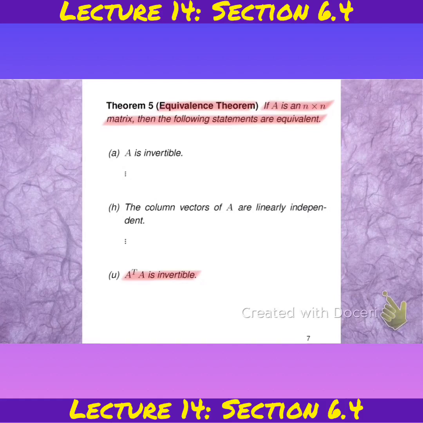And if that's the case, then that's going to imply that A is invertible. Okay, so all those conditions are mathematically